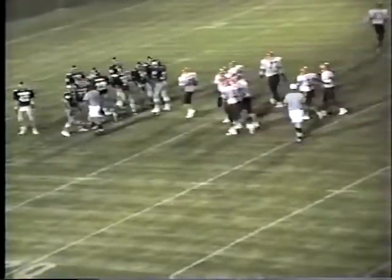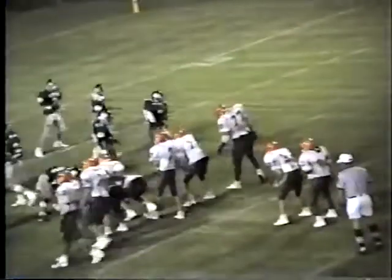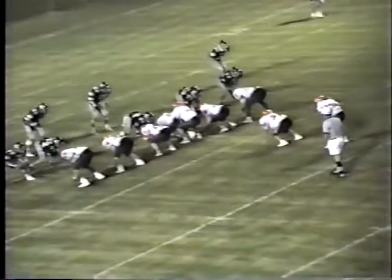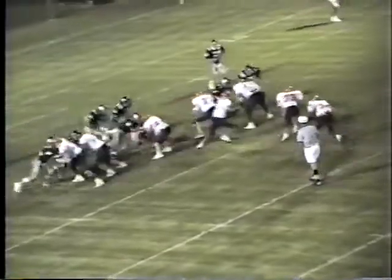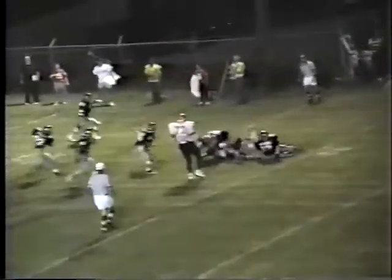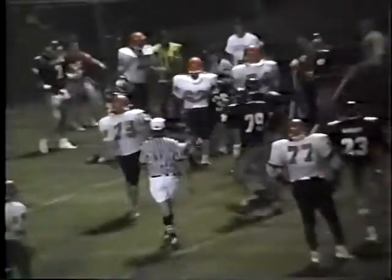27 seconds left, 3rd quarter. Wide right this time for the Leopards goes Benson Bradford. Also a man in the slot. I formation behind Brashears. He wants to throw on this 1st down play. Rolls right, gets pressure. He's going to be sacked. Ball is loose over on the sideline, and I don't believe Benton could control it before it went out of